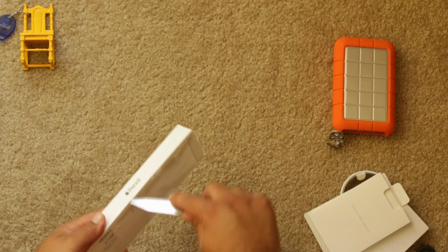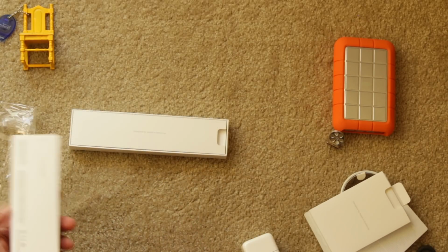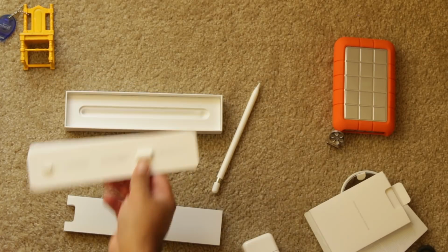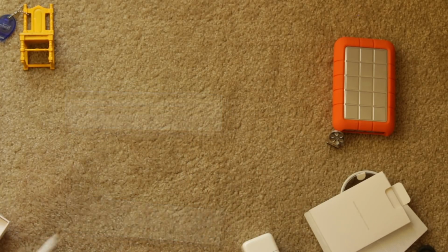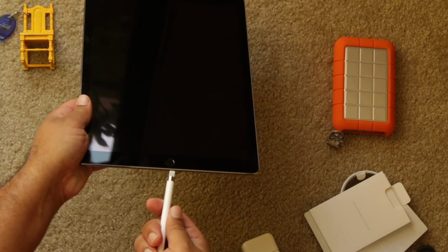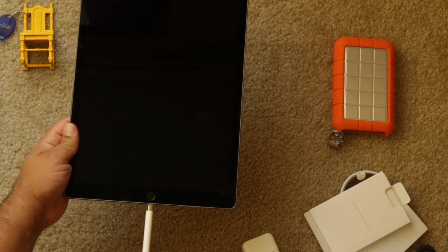Is it required? No, but it is a great nice to have. It is expensive. It is $100 as of right now, but you need it for increased productivity. You can definitely charge it with your iPad. It does seem very uncomfortable, and you can't really use it while you're using it in